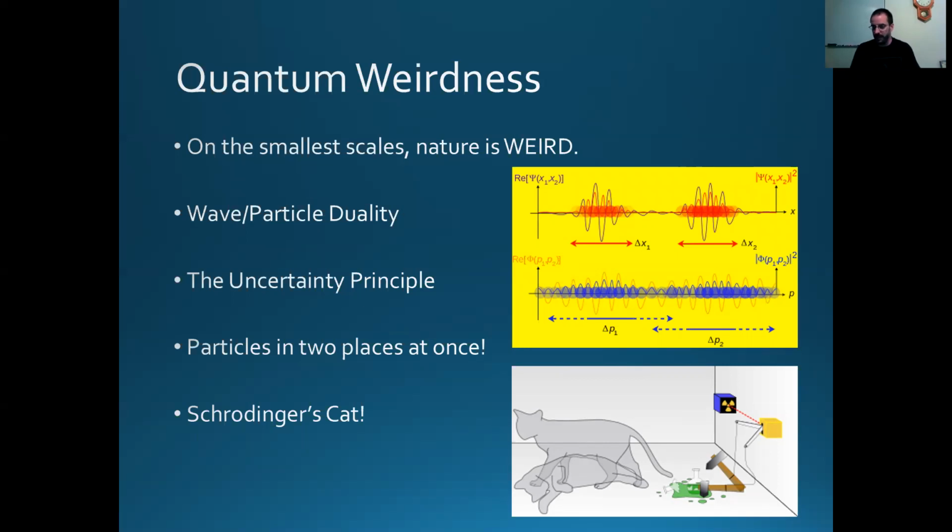A particle is like a baseball. I can throw a baseball. It has a definite position, a definite velocity, a definite momentum. A wave spreads out. A wave on the surface of water is spread out. It has a wavelength that has energy associated with it, but it doesn't really have a well-defined position. We don't know exactly where it is. It's kind of spread out.